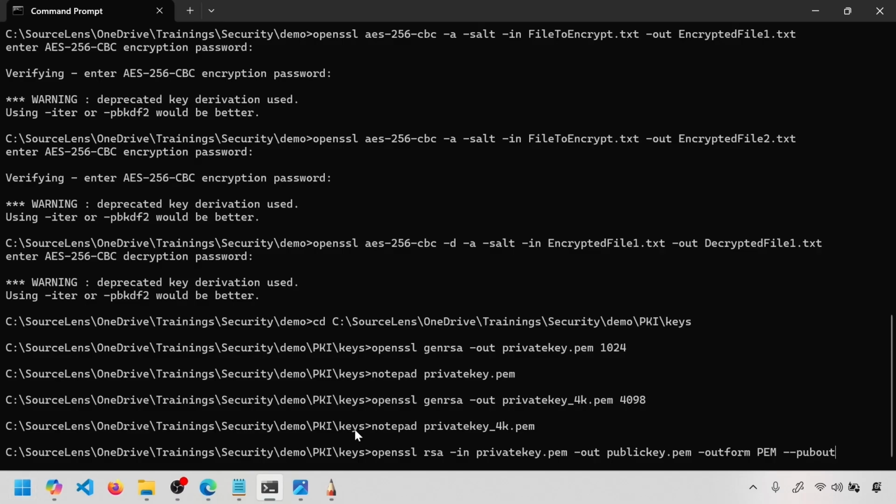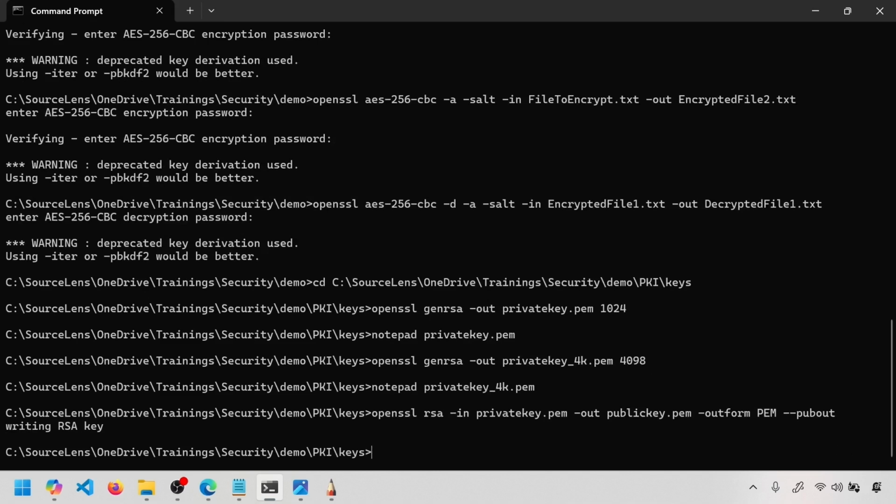OpenSSL rsa in private key. We need to input the private key to generate the public key. Out, this is the output we are going to get, the format of the output, and then the pubout. Hopefully this command will work. Let's see. Looks like it worked. Writing the RSA key. Let's see the public key. Okay, it doesn't work. Again, we need Notepad